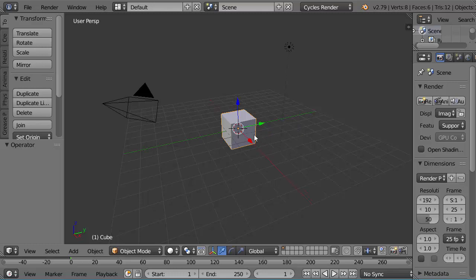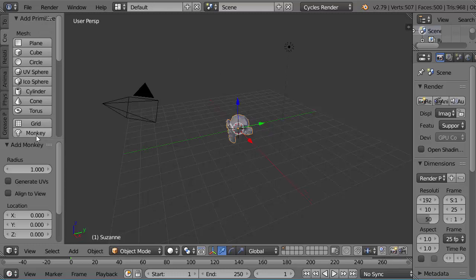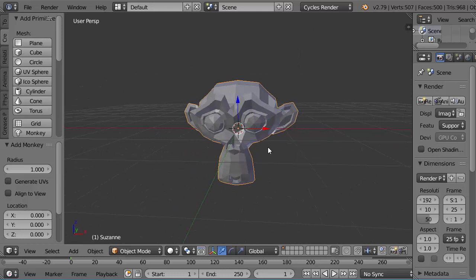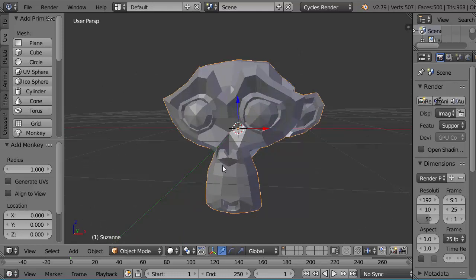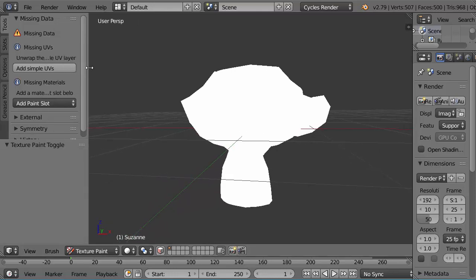I have the cube here, which I'm going to delete. Press the delete key, confirm, replace that with the monkey, i.e. Suzanne. And since I want to do texture painting, I might as well choose texture painting straight away. Here, texture paint. And I get some warnings up here which say I have an invitation to add simple UVs,